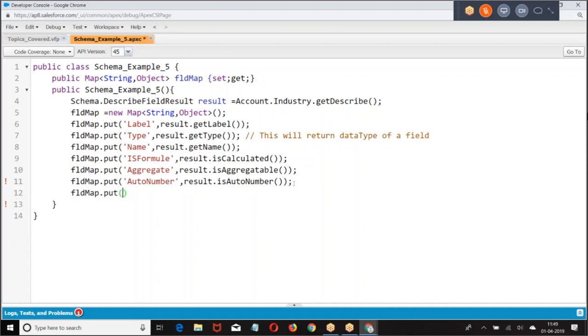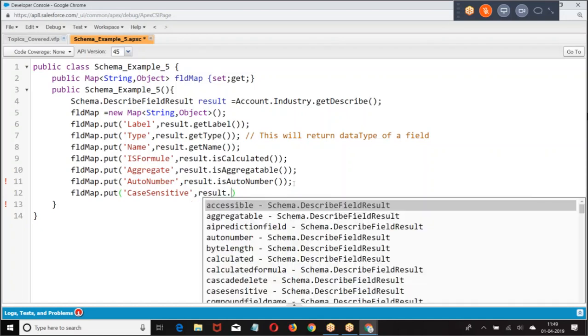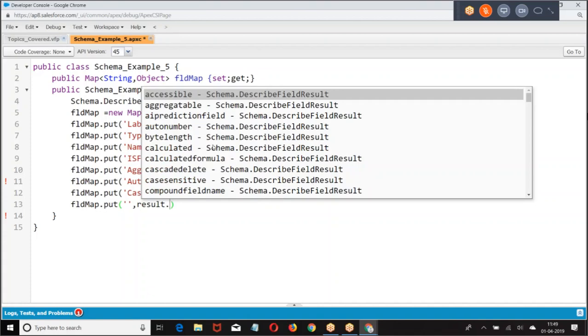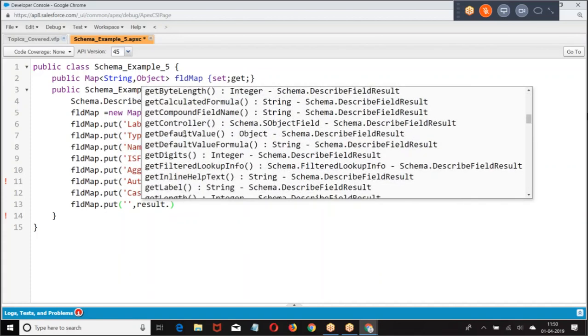FieldMap.put case sensitive, dot isCaseSensitive. And again I have the rest. Then I will give what is the default value.